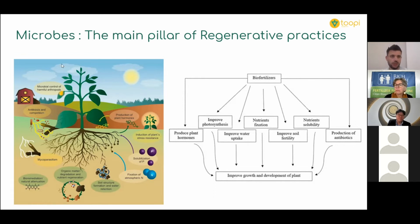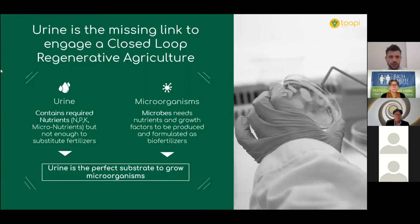So the products based on microbes are called biofertilizers, and they have lots of roles in agriculture to engage this regenerative agriculture, like nutrient fixation, nutrient solubility, improving water uptake, and so on. So these microbes are very interesting and should be developed to engage ourselves in these regenerative practices. And in fact, we think that urine is the missing link to engage this closed loop regenerative